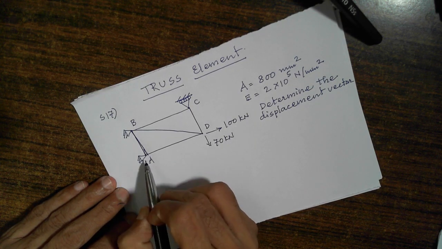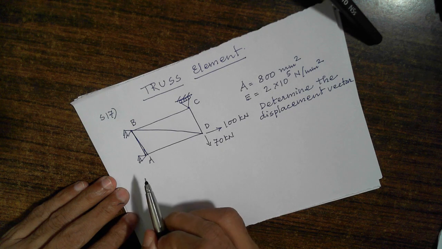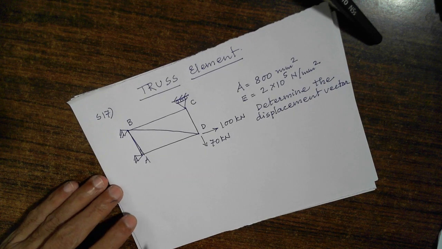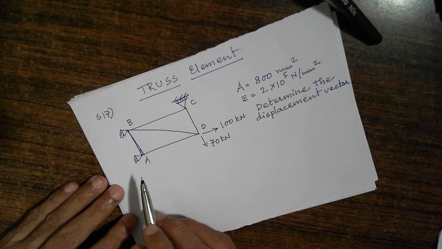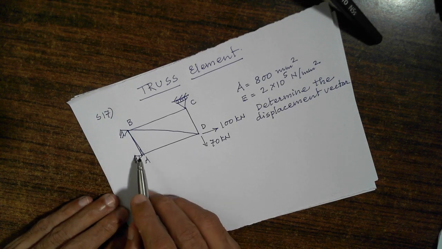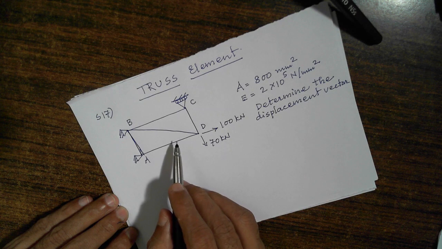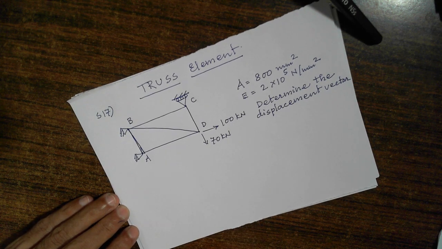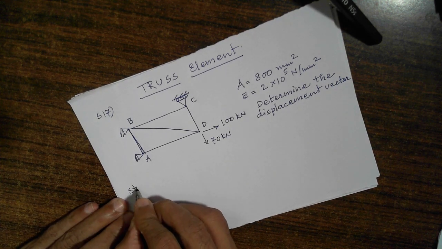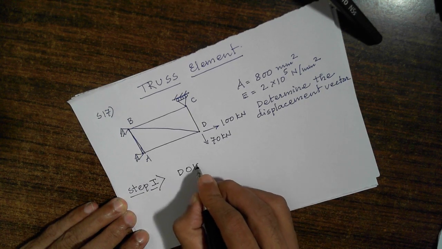So even though AB member is not provided, that can serve the purpose, but for the stability of the structure this member has to be provided. But the examiner has not provided this member because this is already a 0 force member. Examiner has anticipated that this AB member is a 0 force member, and has not provided that member. But remember, for our purpose we will take member AB, because otherwise the truss will be unstable. 4 joints and 4 members will be an unstable truss. For 4 joints there must be minimum 5 members, 2j minus 3, if you remember, right? Now step 1, the first step is determination of degree of kinematic indeterminacy for the truss.